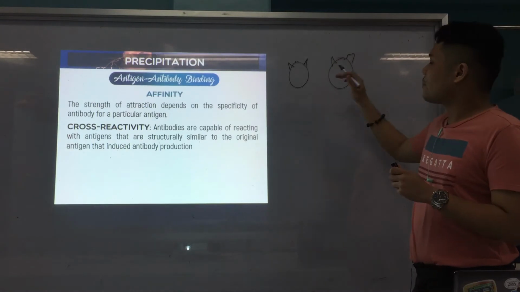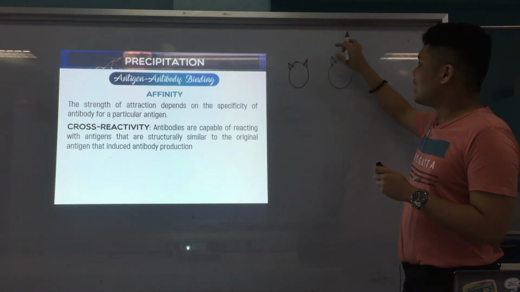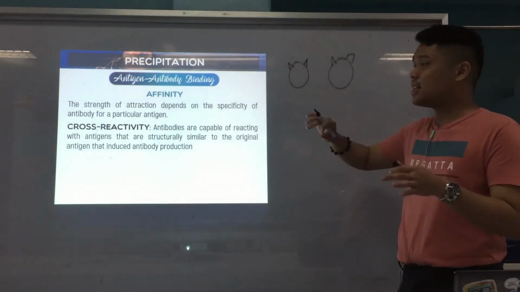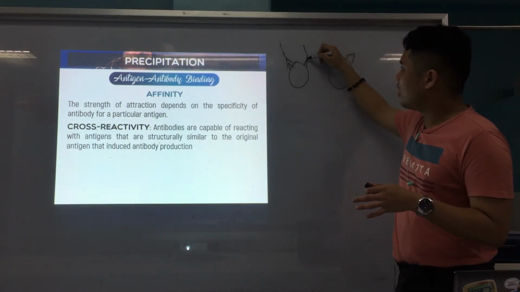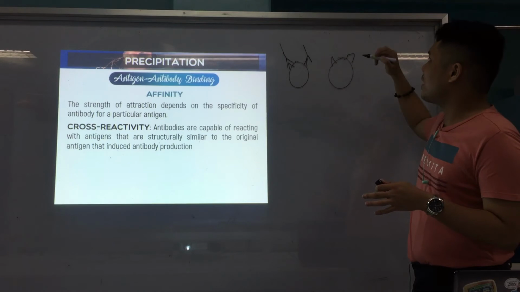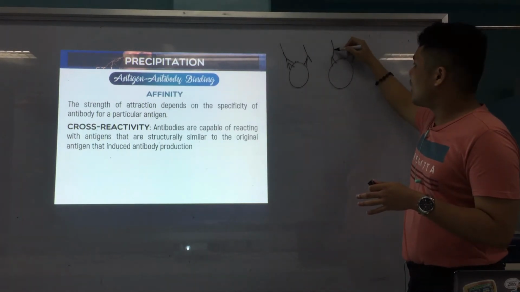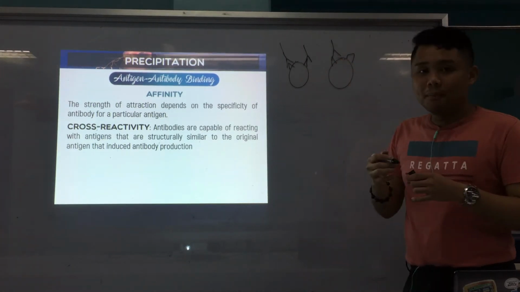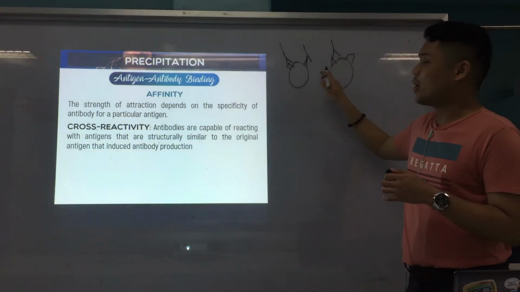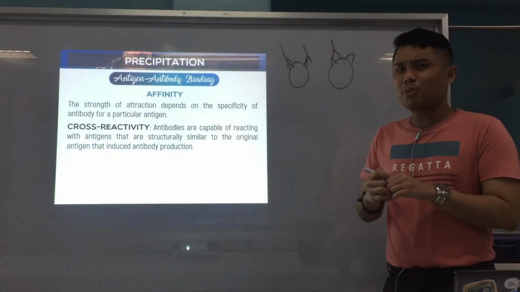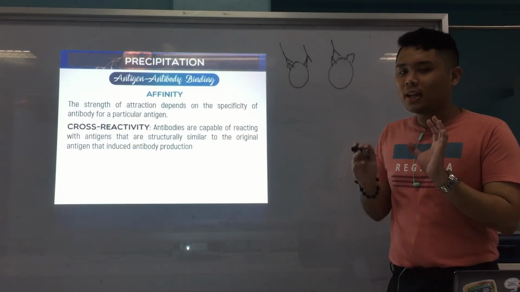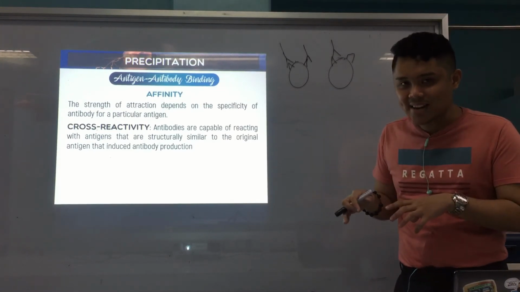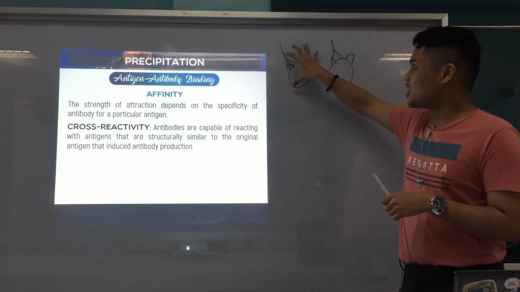So as you can see, for example, both antibodies bind here. As you can see, this is like, for example, the main antibody binds on this. All right? Sorry for my drawing. Your antibody can also bind on another. All right? Because they are the same, but it's not exactly similar. That's the point of cross-reactivity. So its binding is not totally strong, compared to the original.